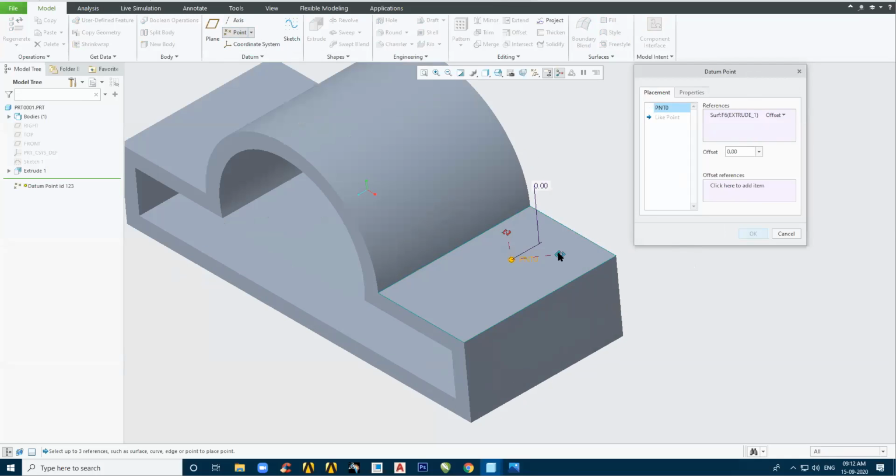Same like first. Here I will give reference from this edge, might be 75. I will give reference from this edge. I am just dragging and placing those handles. Let's say a reference of 100. Now what do you mean by offset? So offset is over here, which is nothing but the z axis offset.